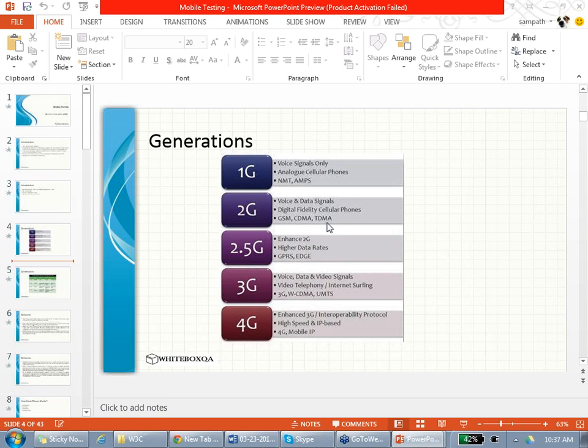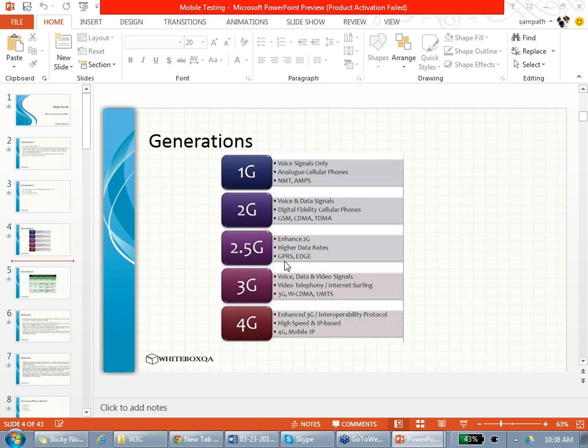And another thing with 2G is you can send SMS, you can send MMS, you can send data also. But the data was at a very low rate. You transfer the data at a very low rate, and data goes into a different channel, voice goes into a different channel. Am I clear? Because you can still talk on the phone, you can still get SMS. Agreed?